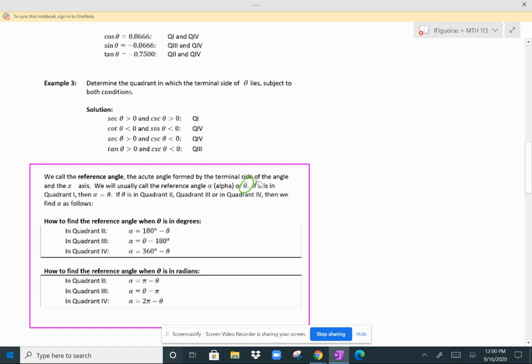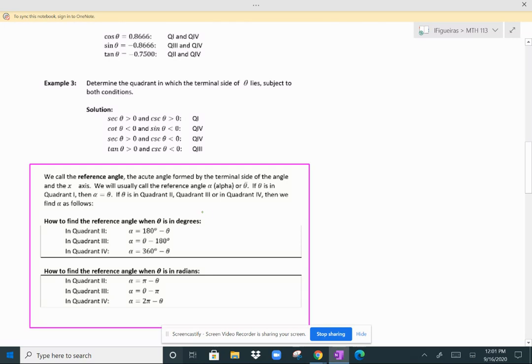So if theta is in quadrant 1, which is an acute angle, because remember, acute means between 0 and 90 degrees, then your reference angle alpha equals theta. But if theta is in quadrants 2, 3, or 4,